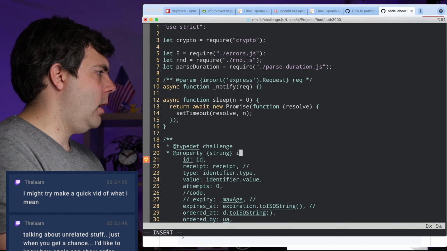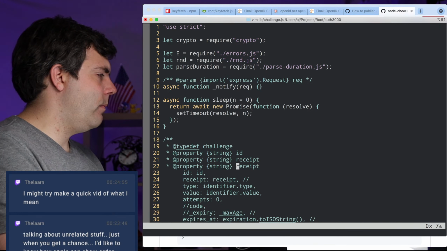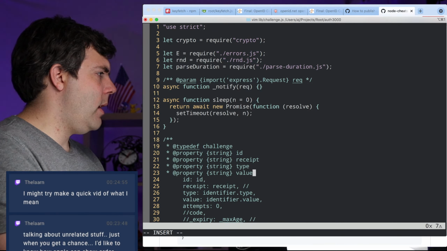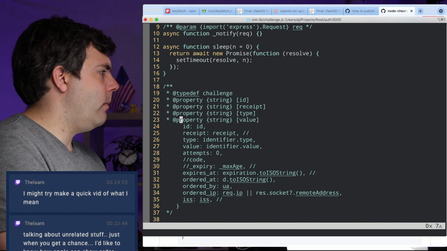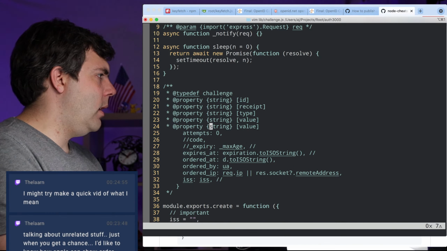And then we just string ID, string receipt, string type, value, and then of course I should just wrap all of these as though they're optional. Okay, and then this is going to be a number for attempts.